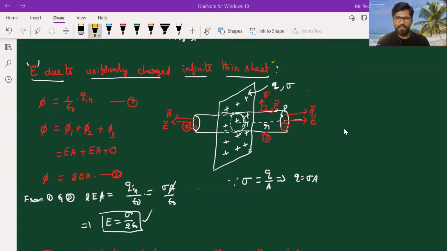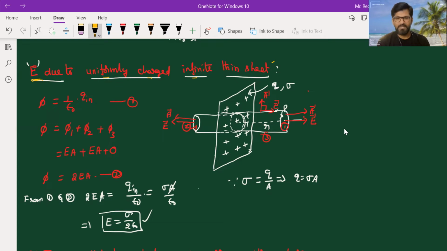Yes, in this session, let us discuss briefly about one of the applications of Gauss law, that is finding electric field due to a uniformly charged infinite thin sheet. Okay, are you ready? Take pen and paper and start writing. Just try to note down the points, and after discussing this, let us discuss one simple example as well.